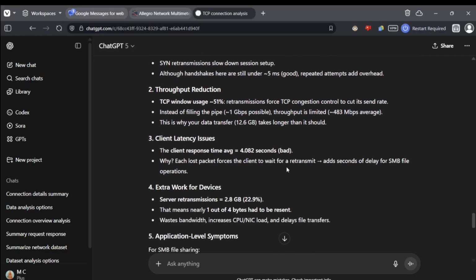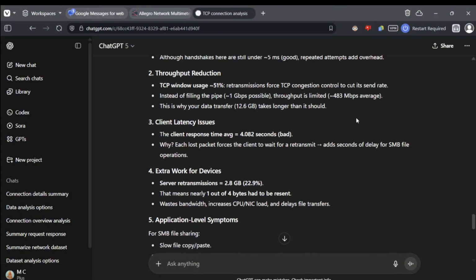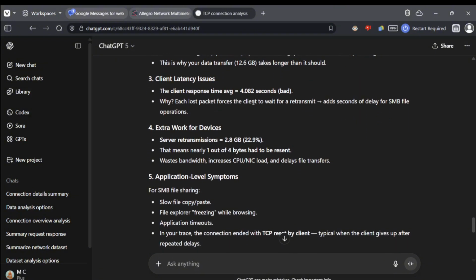Again, we can see some more of the same with the throughput limiting, and it accurately calculated that I am on a 1 gigabit per second link, which is 100%, and I'm only getting 483 megabits per second average. And then it goes in and tells me again things about the client itself. So 4.082 seconds, which again was flagged as bad in the Allegro analyzer. That's telling me again some of the things that may have caused that slowness specifically on my laptop,